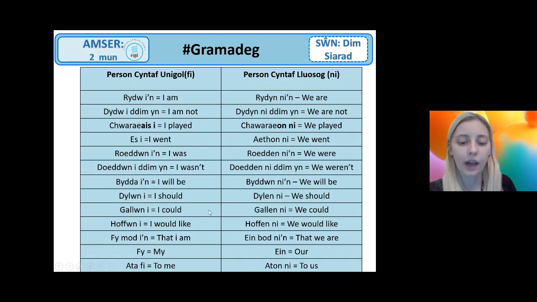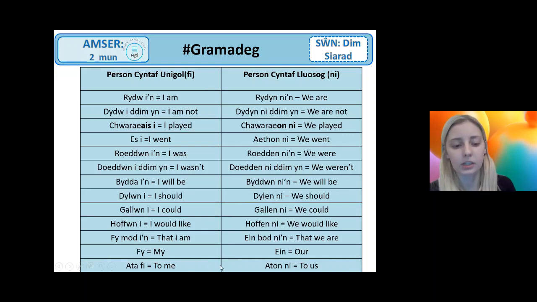Then you have the "amser amodol", the conditional tense. So "dylwn i", I should, "gallwn i", I could, "hoffwn i", I would like. And then you have the few here in the "lluosog": "dylen ni", "gallwn ni", and "hoffwn ni". So remember, they may not expect you to switch from the first to the third person with just tenses. They might throw in maybe